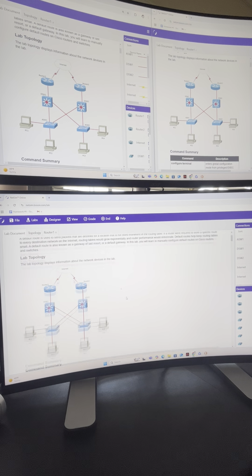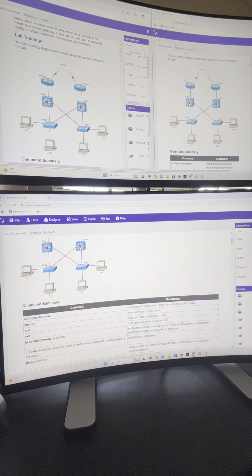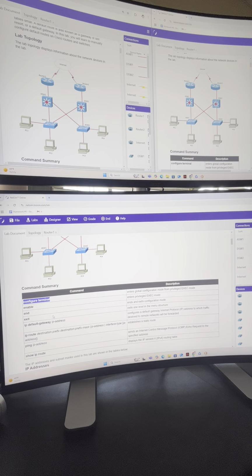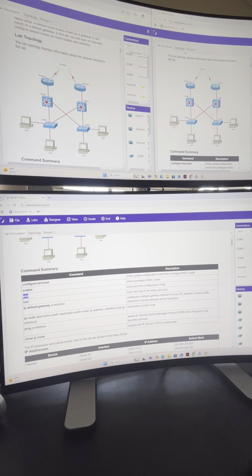All right. So let's go ahead and take a look at the commands that we're going to be doing in this lab. We have configure terminal, which enters global configuration mode from privilege exec mode. We have enable, which enters privilege exec mode. We have end, which ends and exits configuration mode. We have exit, which exits one level in the menu structure. We have ip default-gateway IP address, which configures a default gateway IP address to which traffic destined to remote